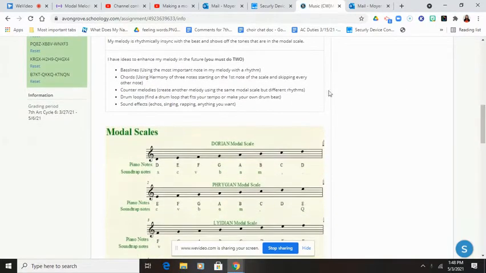Now, if you remember the last video, I used Dorian. So I want to now enhance my melodies. So to do that, and I'm gonna do more than 2, but you have to do 2. I'm gonna first do a bass line, see what sounds good with mine, using the most important note of my melody with a rhythm. So I'm most likely gonna do D